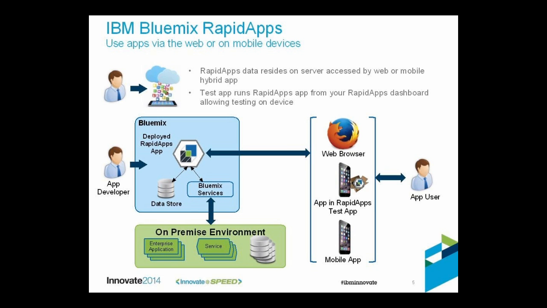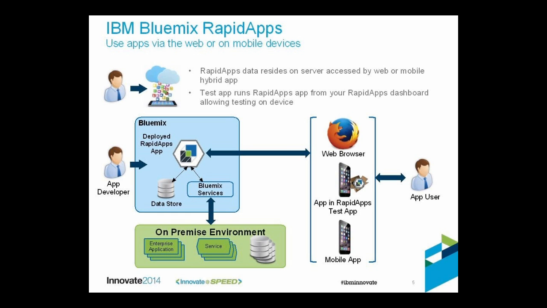There's also the ability for you to access that app, and it's a hybrid app essentially where you have the data in the cloud and the UI presentation is on your smartphone. We have a test app. You can go to the Google Play Store or the Apple App Store and look for Rapid Apps, and you can download that app to your phone or tablet, and then you can put in your credentials, and it'll take you to your Rapid Apps dashboard, and you'll be able to run your app on your device one at a time. So that's a very handy way to very quickly test your app working in a mobile environment,